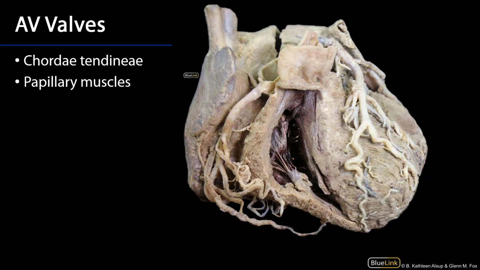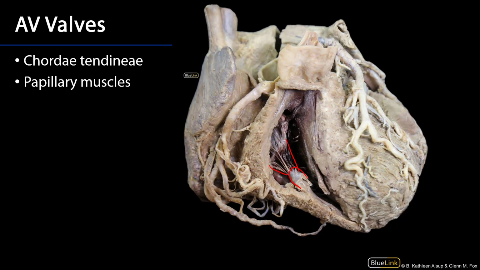Looking within the ventricles, we can see how the cusps are anchored to papillary muscles via the chordae tendineae. So for however many cusps there are in the valve, there will be that many papillary muscles, and they're named for the various cusps. But there isn't fidelity between the chordae tendineae that come from a particular cusp to a